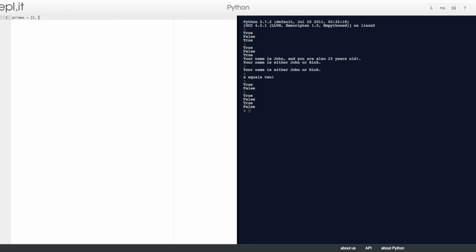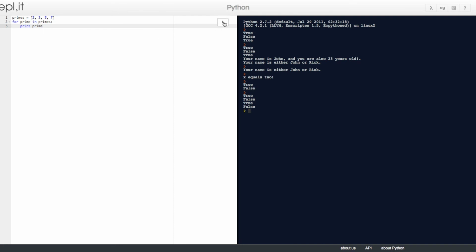Primes will be 2, 3, 5, and 7, and we close the square bracket. And then now we're going to use the loop. For prime in primes, so for prime, which could be 2, 3, 5, and 7, that are in the list of primes, we put a colon and we indent the next line. I'm sorry. We want to print the prime.